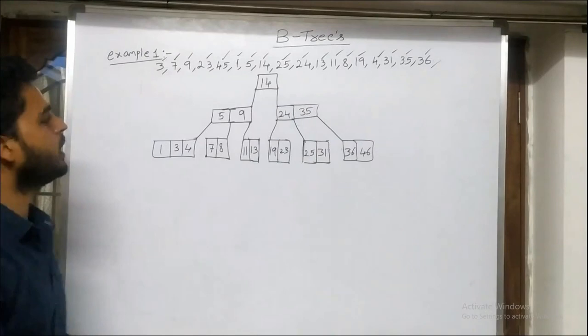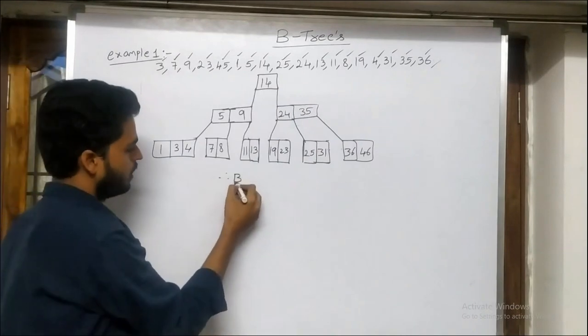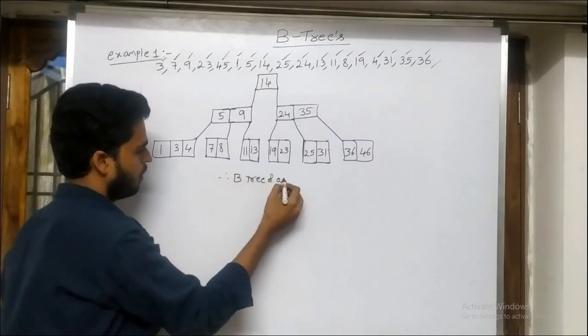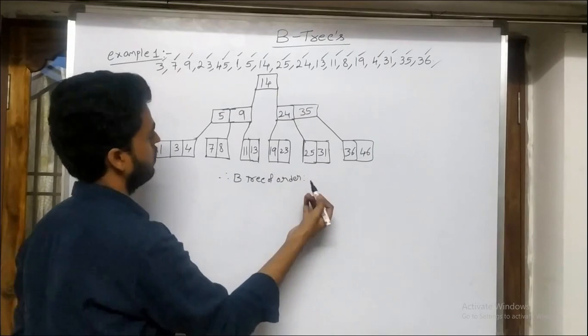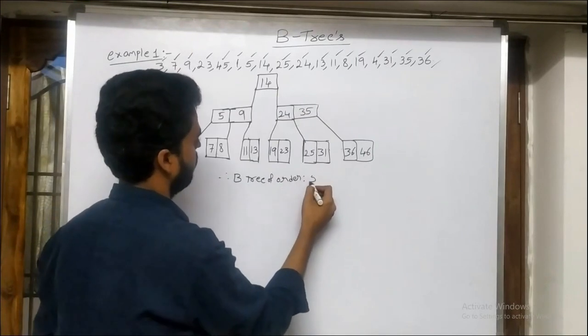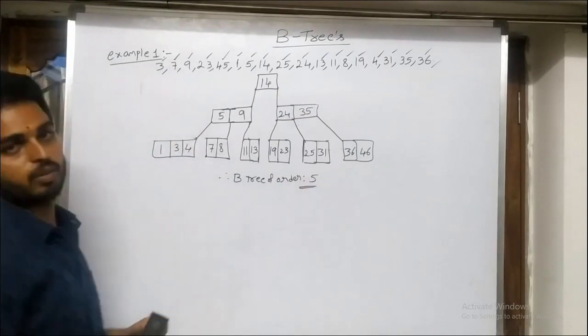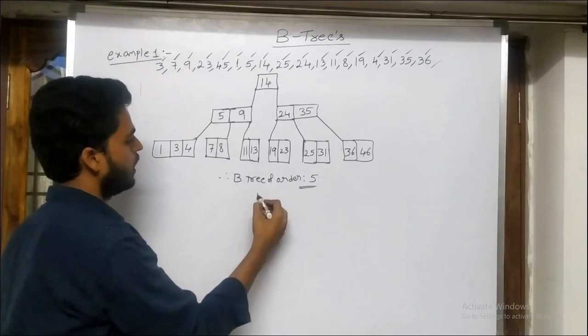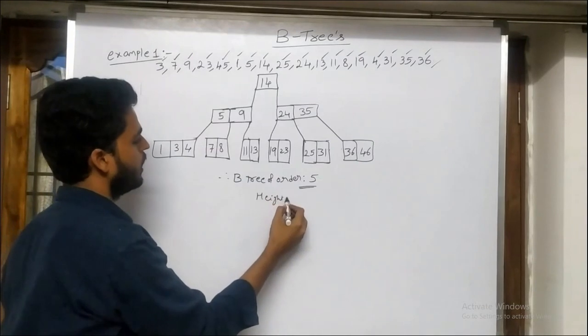So this is the corresponding B tree of order 5. B tree of order 5. So what is the height of the tree? The height of the tree is